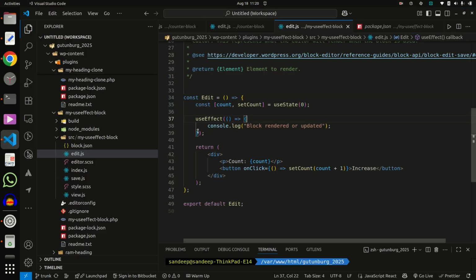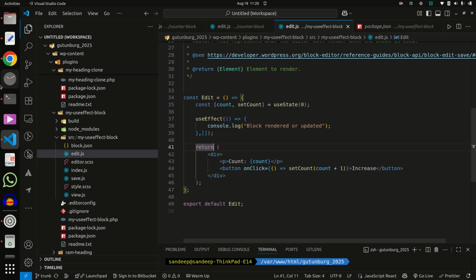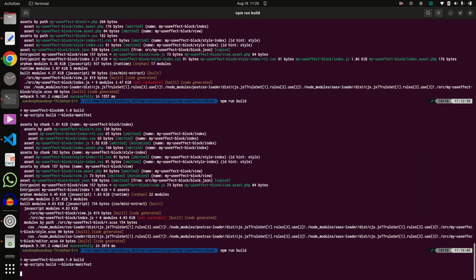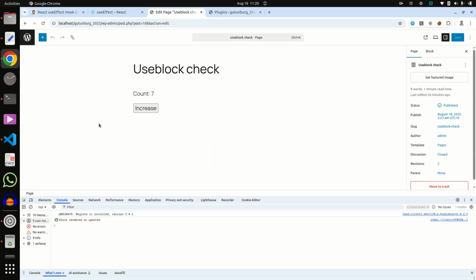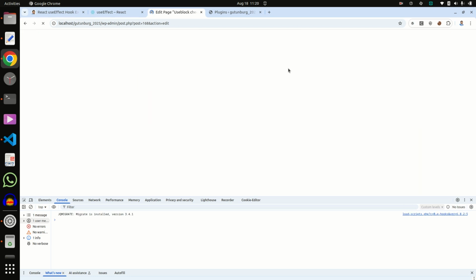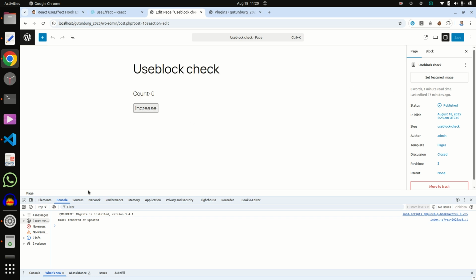So we just use an empty array here, and then run npm run build. Now when our block is mounted, it runs once, when the block is rendered or updated.